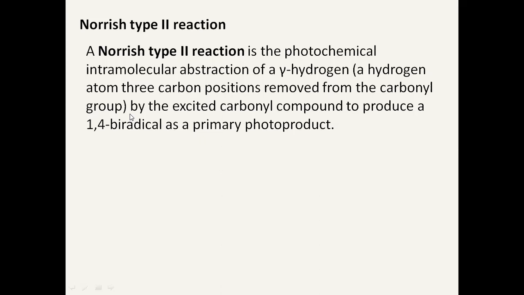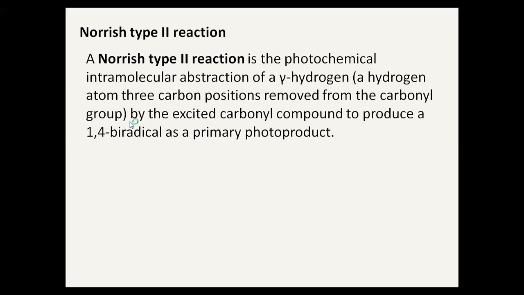While what about the McLafferty? It can be for carbonyl, carboxylic acid, cyanide, alkynes, all types. In mass spectrometry, any compound which contains a pi bond and gamma hydrogen undergoes such a reaction. But Norrish type 2 is limited to only carbonyl compounds. So let us go for the specific reaction in this one.